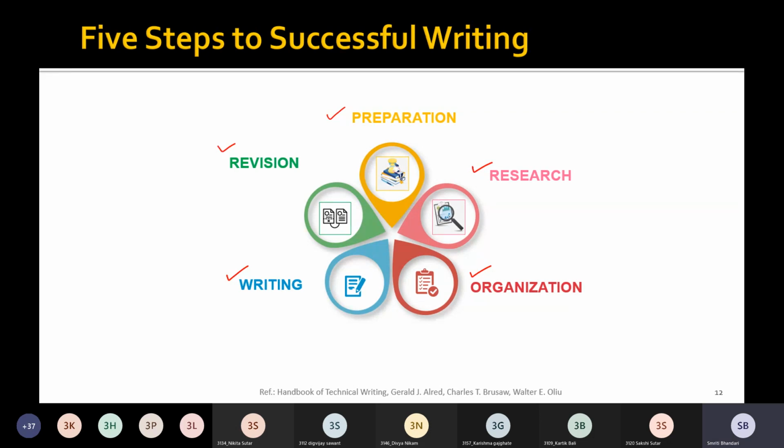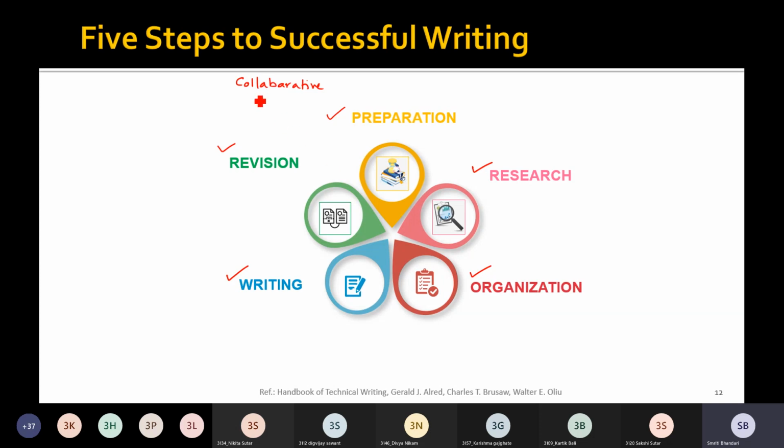Okay, many times it happens that you need to divide the writing process into steps like this because of collaborative writing. So usually whenever you work in teams, you are carrying out collaborative work, right?